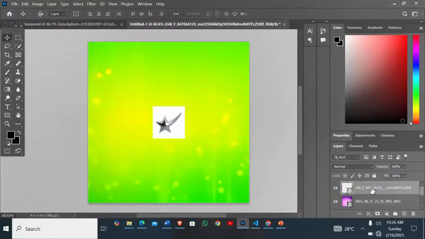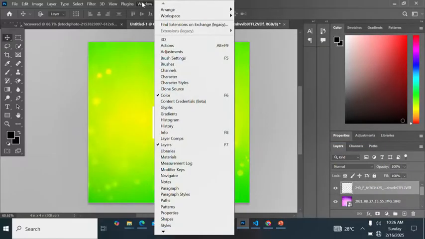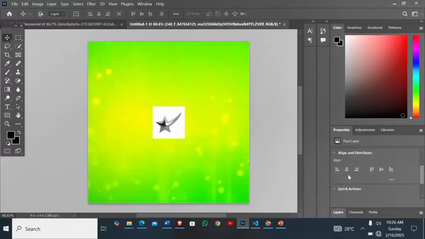First, I'm going to rasterize this image, and then go to Windows and Properties to remove the background. Remove the background. So as you are waiting for the background to be removed,